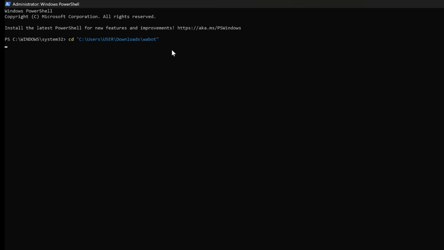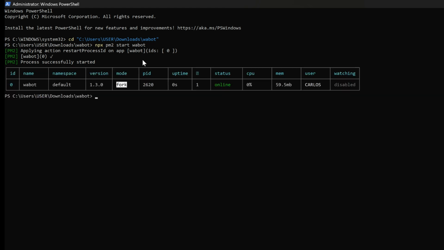The final step is to issue the simple restart command, npm start. This restarts all bot files to default. It's good for those who use the default. But if you did name your bot, then use npx followed by PM2 then start and your bot name, in my case it's Wobbot. Hit Enter. The processes will quickly reinitialize, and within moments, your bot will spring back to life. Head back to WhatsApp, try the ping command, and you will receive an instantaneous reply, confirming that everything is fully operational once again. By mastering this simple cd and npm start sequence, you have achieved true autonomy in managing your